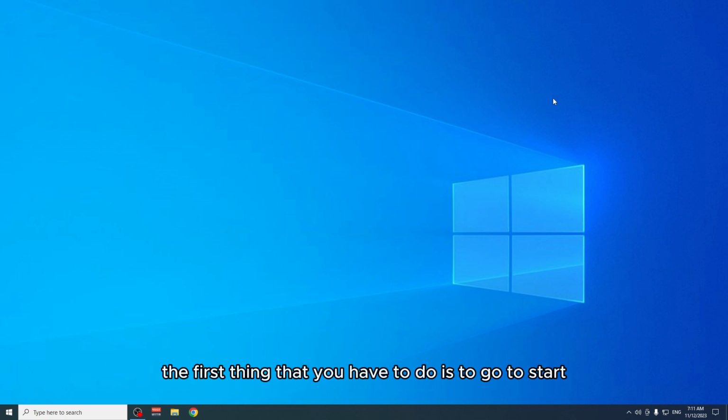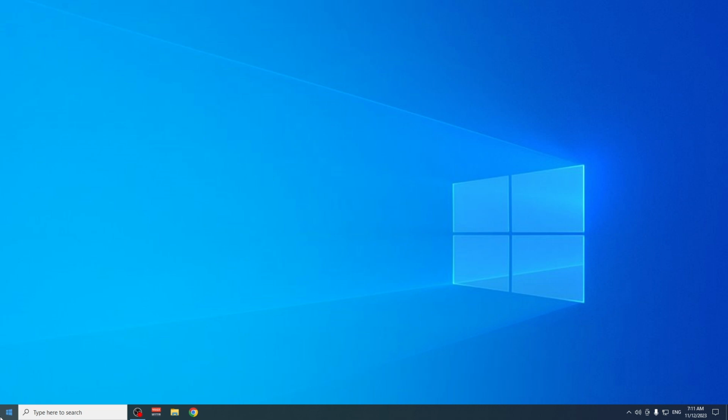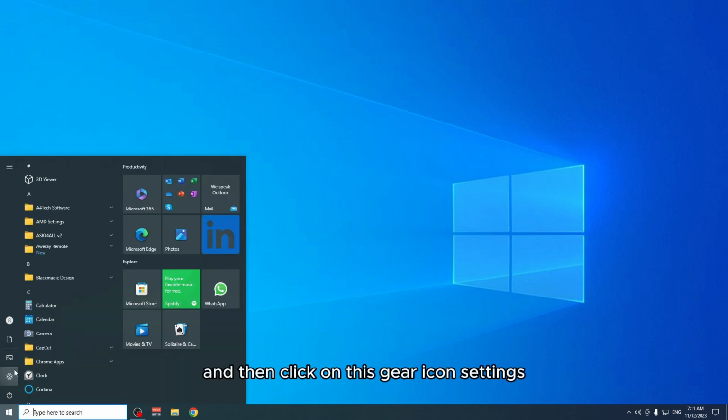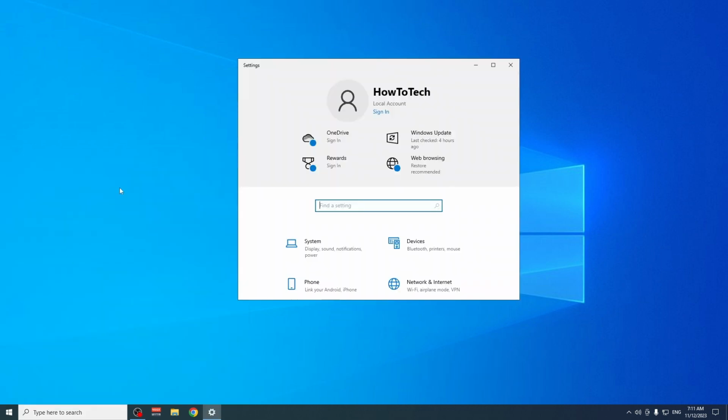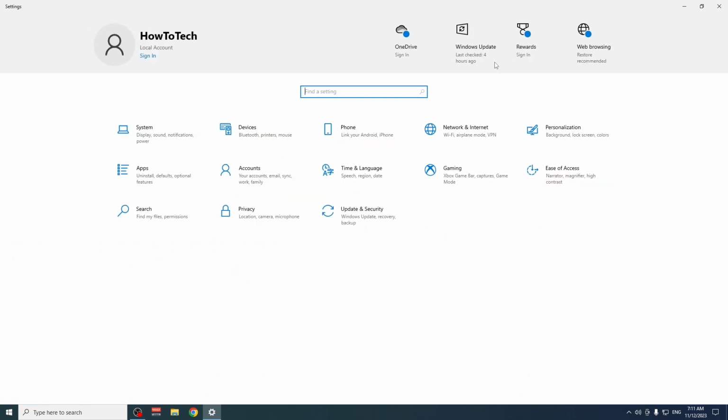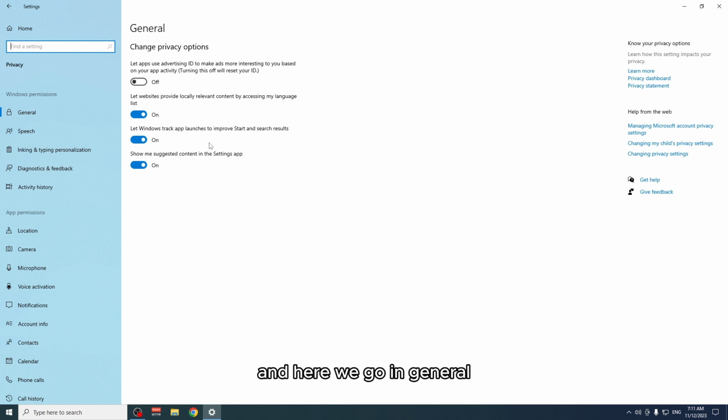The first thing that you have to do is to go to Start and then click on this gear icon, Settings, and we're gonna make this bigger so you can see everything. And now here we're gonna go to Privacy, and here we go on General, and we're gonna disable everything here,